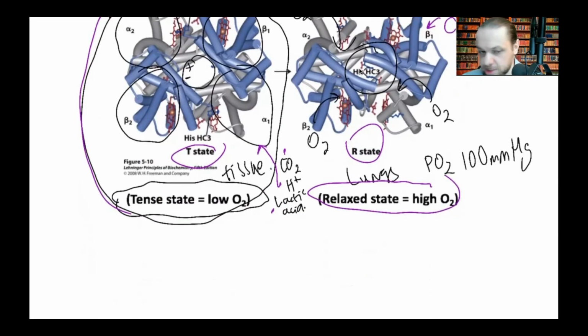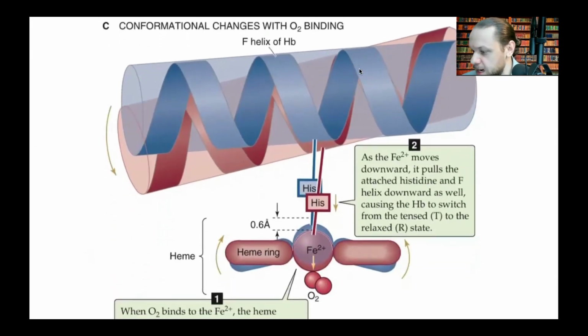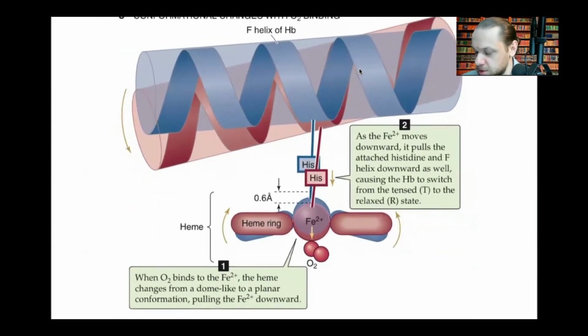So hopefully that makes sense. And this is basically how it functions, how it looks, right? This is your iron, and this is your oxygen. The moment iron binds to this oxygen, it pulls from this blue state to this red state. You see how it became more linear, right? And this change in shape of the molecule is what switches it from the tense state to the relaxed